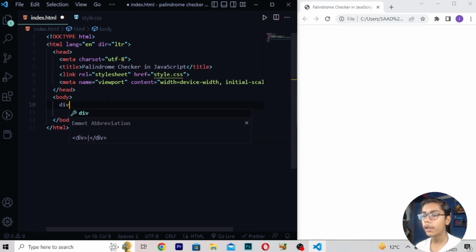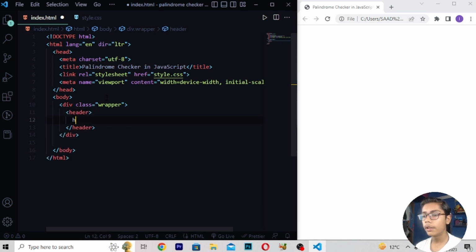So here I will be moving down and writing div class wrapper, then you have to write header. In h1 I will be writing palindrome checker, because we are building this palindrome checker.